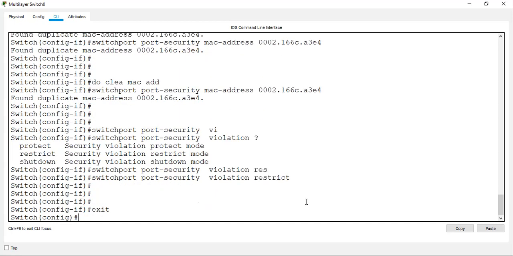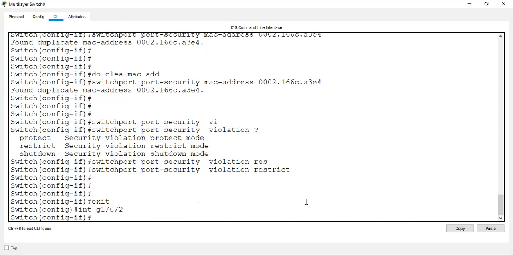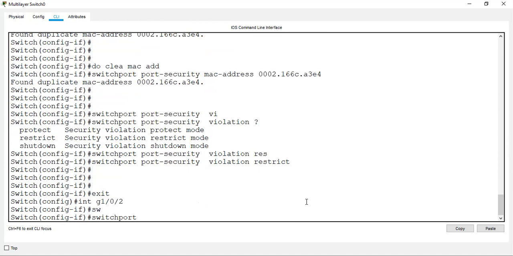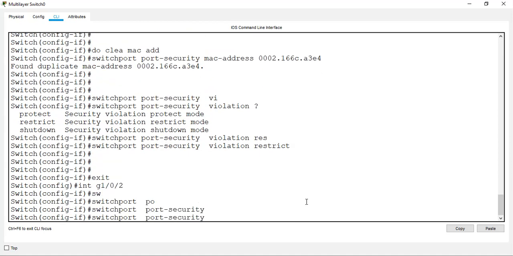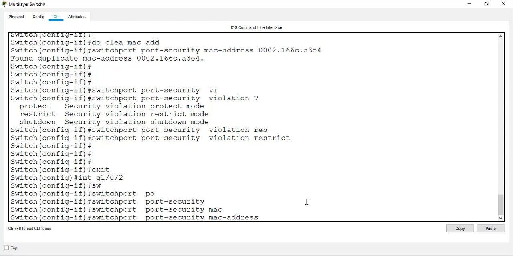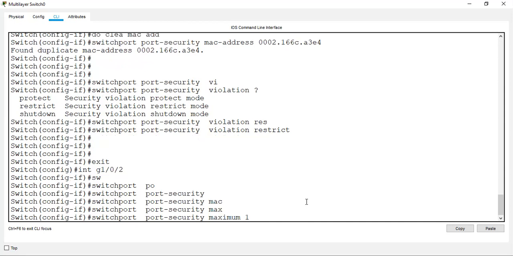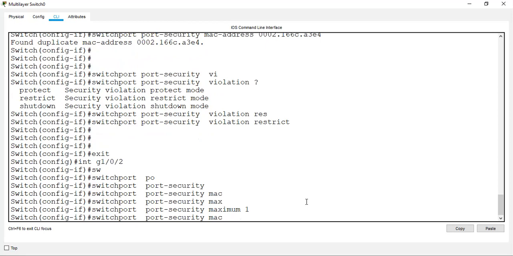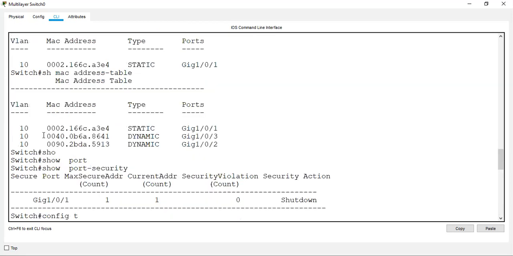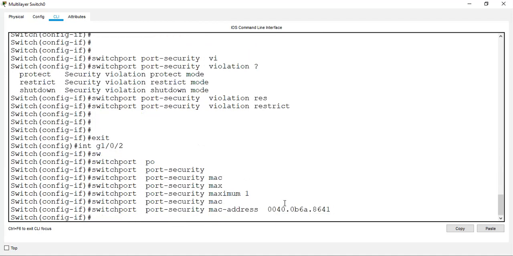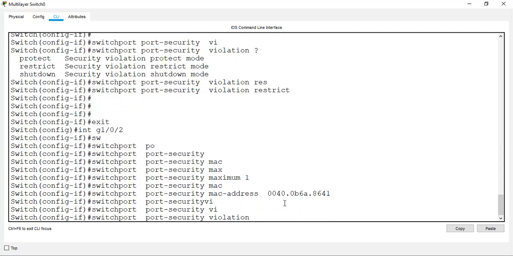The same thing, interface 2, switchport port-security maximum 1, MAC address, is the MAC address. Then we can put violation restrict.